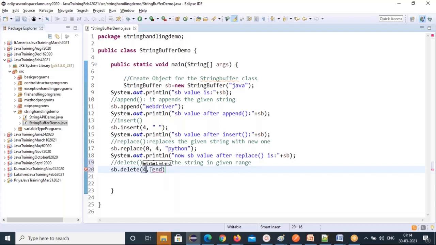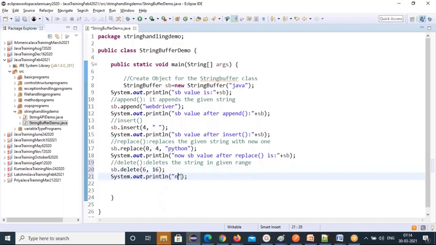And the end index you need to count. Python: 0, 1, 2, 3, 4, 5. We need to start with 6. 6, 7, 8, 9, 10, 11, 12, 13, 14, 15, 16 we have to give. If you give 16, the end part will also be deleted.